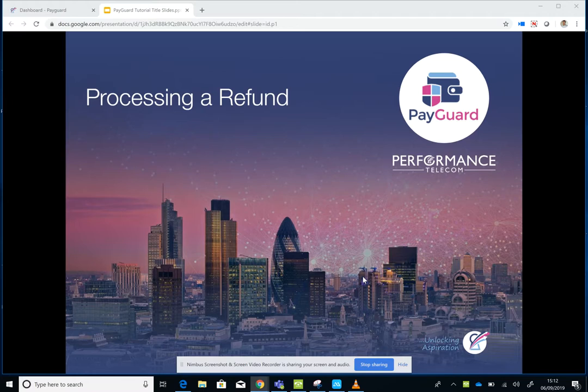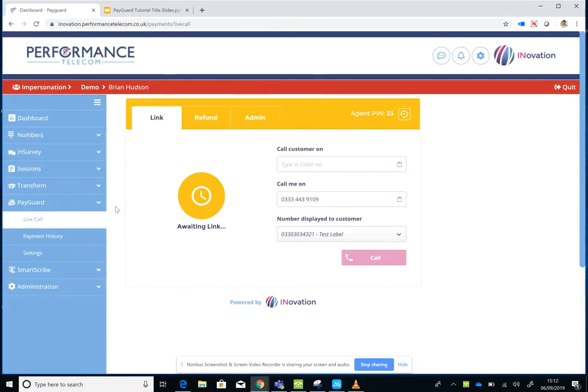Welcome back. In this chapter, I'm going to show you how to process a refund in PayGuard. So as normal, your team member would be logged into their profile. However, they don't need to actually be on a telephone call in order to process a refund. So they just need to access the refund tab, which they'll have to have permissions for set up in their